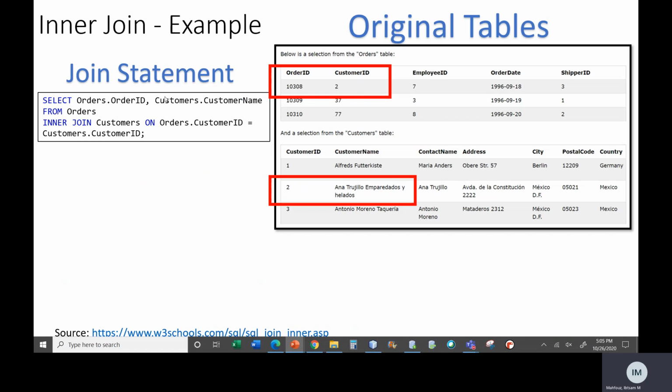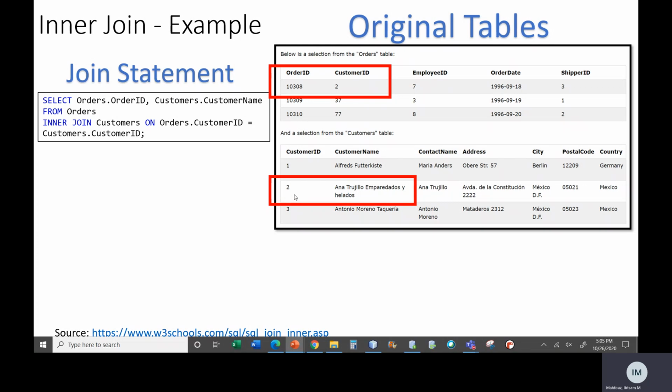Where am I going to get this information? I'm going to get it from two tables, from the orders table, inner joined with customers. So I'm doing an inner join between the orders table and the customer table. How am I going to identify which rows correspond to each other? I'm going to join them on the customer ID column. So I'm going to the orders table and I'm saying, I want you to go to the customer ID here, and I want you to find the one that's similar. So here I have customer ID 2 and customer ID 2, so I know that these two rows correspond to